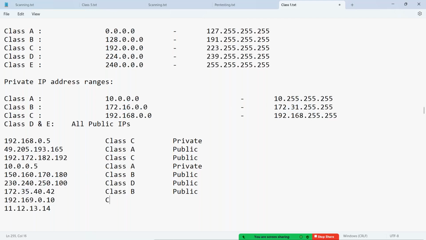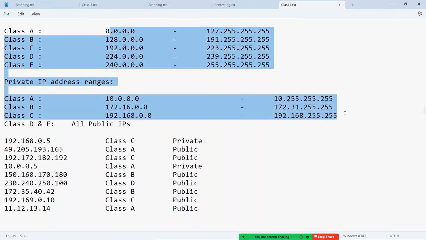Next one. Class C. Out of range. Say public, yeah. Yeah, correct. Next one. That's class A. It's a public. Out of range. Perfect. Public. So what you have done here is you have looked at these ranges, guys. But again, I want you to memorize these 8 lines of data. As long as you're in your IT department, you will be using